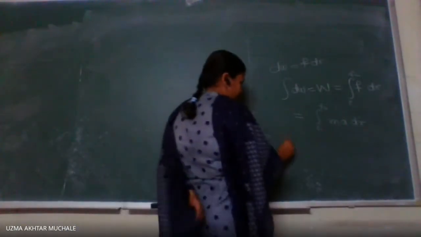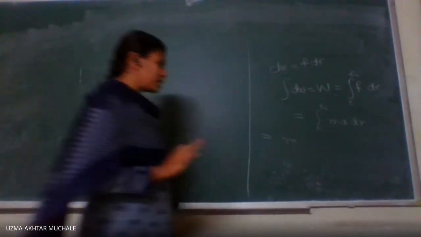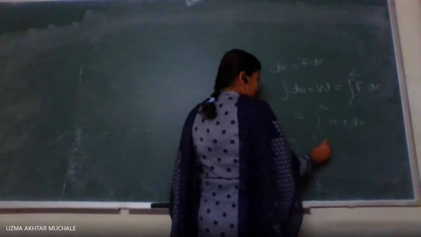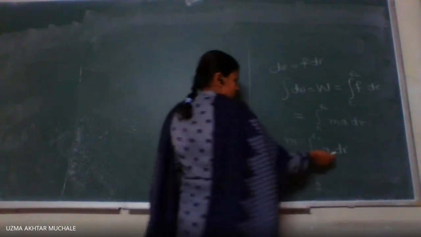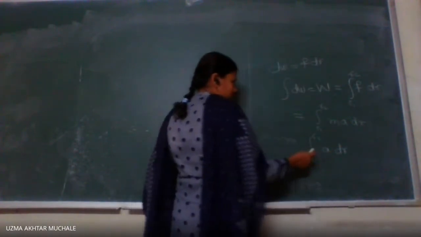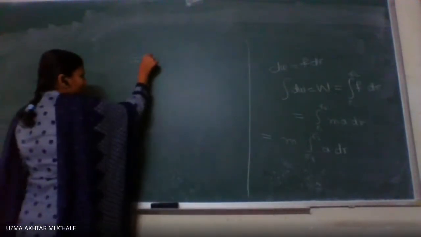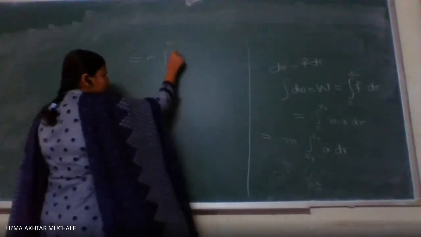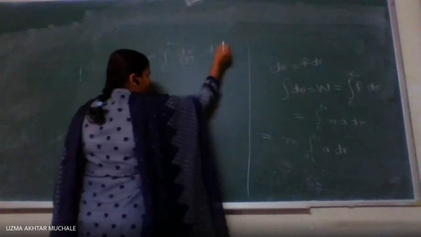So what I get, if I take m, which is the mass and is constant, mass is not going to vary, m I am taking outside. Inside the integration, what we are remaining with is acceleration into dr. Integration with respect to r, and in the integration we have an acceleration term, which equals mass into integration R1 to R2. Acceleration is nothing but dv by dt into dr as it is.